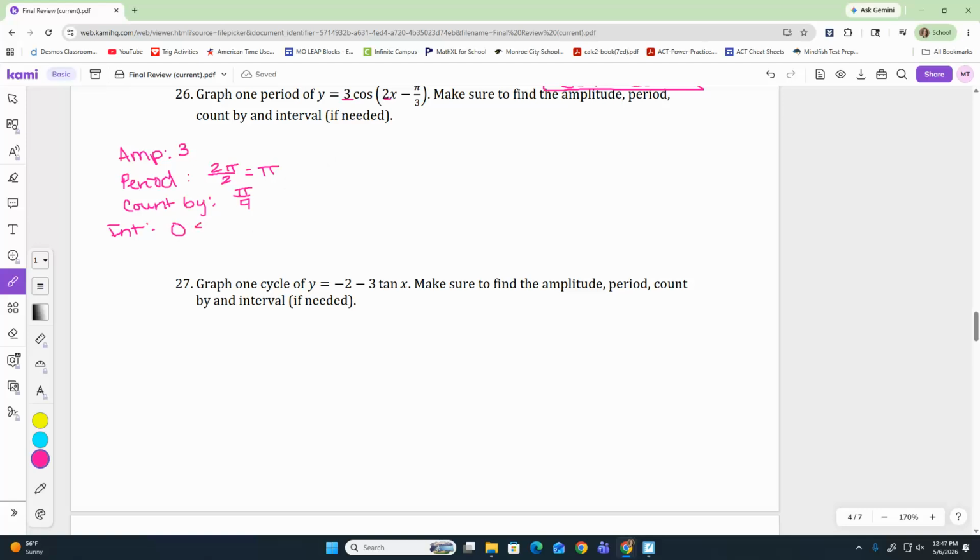So everything except tangent and cotangent typically is graphed between 0 and 2 pi. So we set up the argument, the thing in the middle, and 0 and 2 pi on the end. So then if I solve it, I add my pi over 3. And then I have to go through and divide everything by 2. We get pi over 6 less than or equal to x less than or equal to